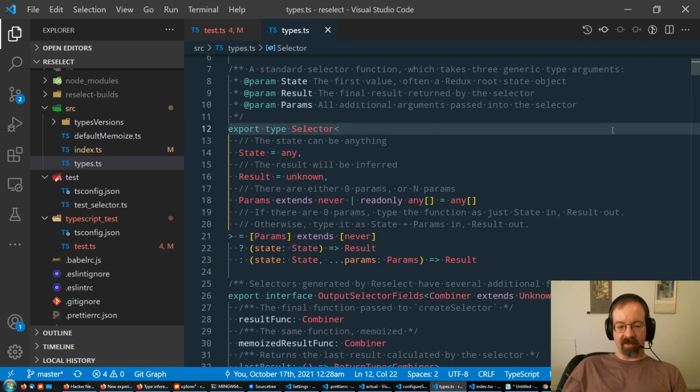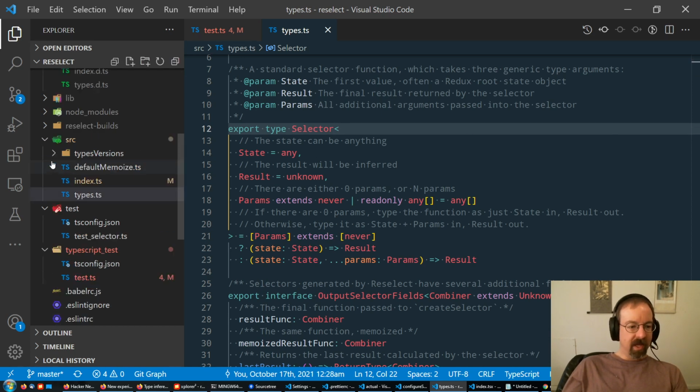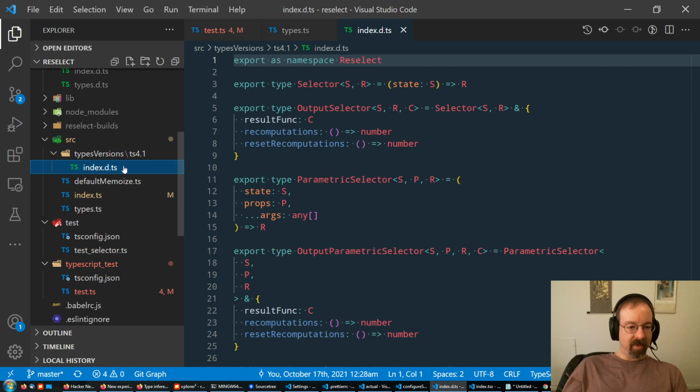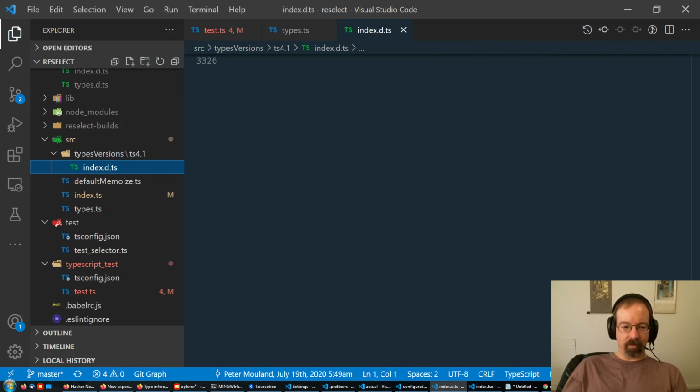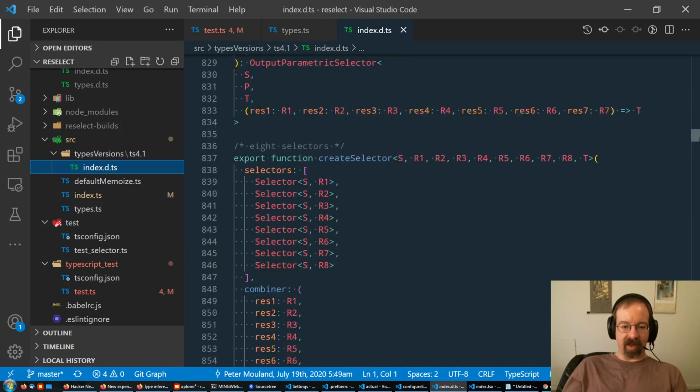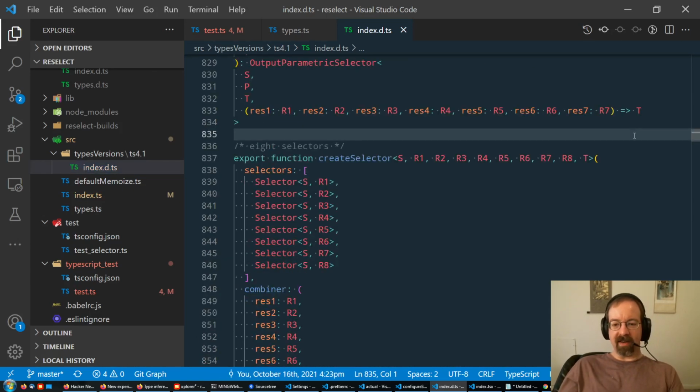The original reselect types are horribly ugly. If we look at this file right here, the original types up through reselect 4.0 were this massive 3,000 line file that tried to handle